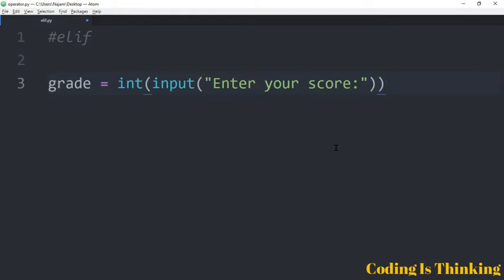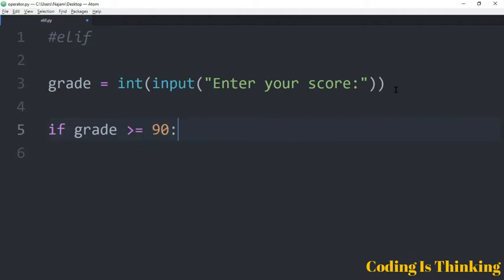For example, if there is a student who wants to show his or her grade, whether he or she has gotten A, B, C, D or F. F is obviously fail. So in line number 3, it takes a score from the user. We have assigned this, which is type integer, into grade, and after that we want to have if grade is greater or equal to 90 colon